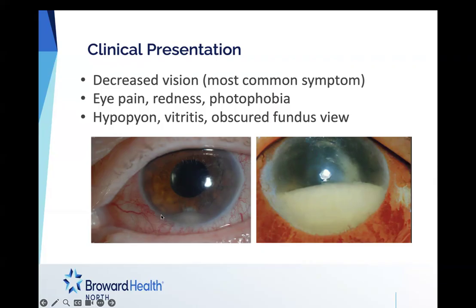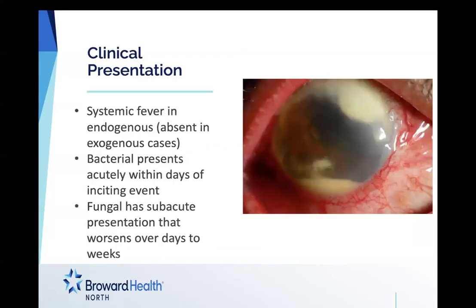Basically, this is just a white layer of blood cells in the anterior chamber, and it's going to cause vitritis. And if you were to do a fundoscopy and take a look, you wouldn't be able to see much of the structures that are behind the iris, such as the retina and the other structures that are located there. So this is typically what you're going to see on clinical presentation. So it's important to be aware of what to look for.